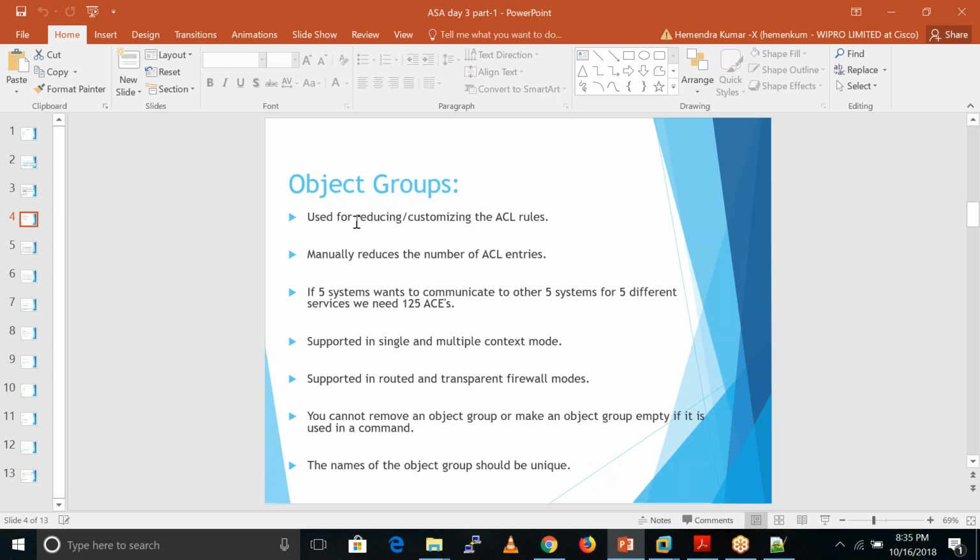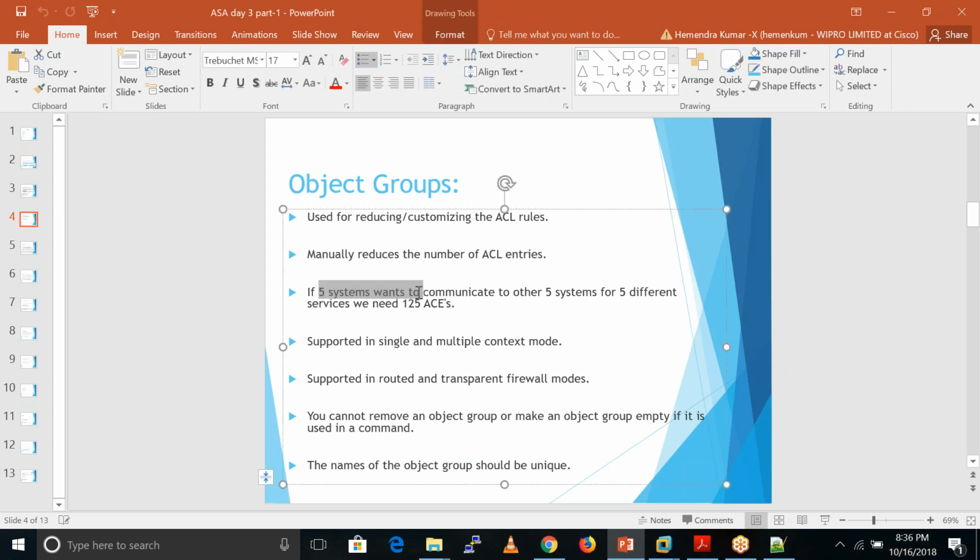Basically it reduces the number of access list entries. If 5 systems want to communicate to other 5 systems for 5 different services, we need 125 ACLs. Let's suppose we have 5 systems trying to send data to another 5 systems for 5 different services. For that we need to write 125 ACLs.